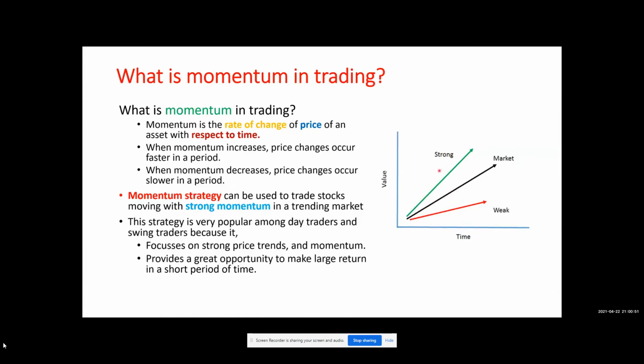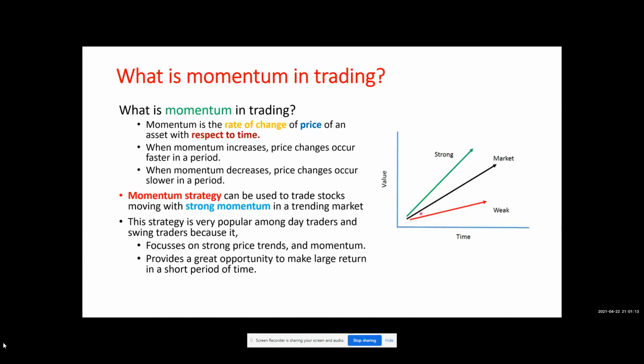The green stock is in an uptrend. The black stock is also in an uptrend. The red stock is also in an uptrend. Can anyone deny that? All three of them are in uptrends. But if you compare them,